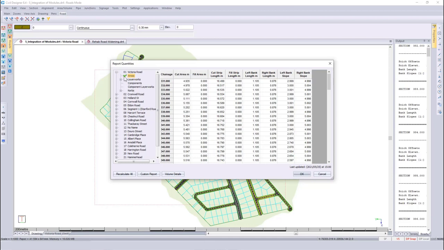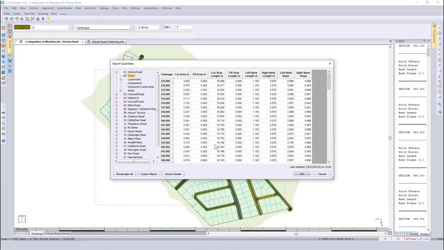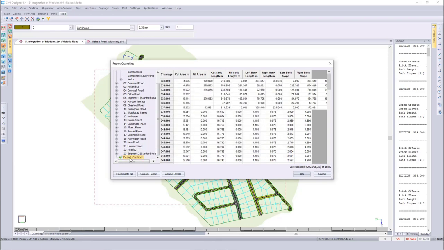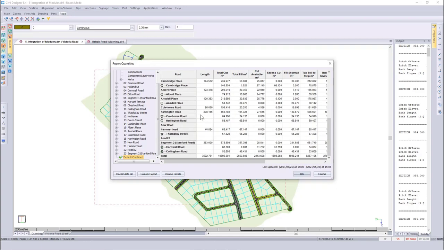If you've got the latest results, you'll see that you've got a green tick, and you are able to go and write all to file and specify whether you want a CSV or XLS file. If you scroll down to the bottom, you've got default combine, which would include all your roads within your project. Alternatively, you can go and create your own customized report,